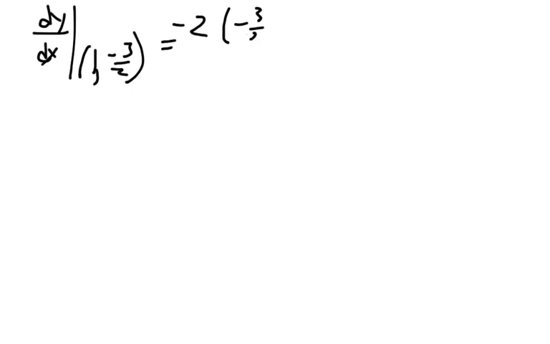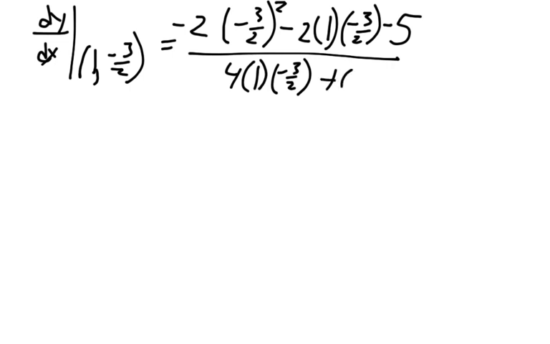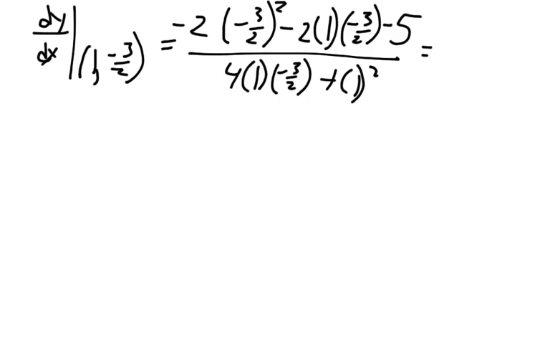Negative 3/2 squared, minus 2 times x of 1, y of negative 3/2, minus 5, all divided by 4 times 1 times negative 3/2 plus 1 squared. So that's going to equal, go back, negative 9/2